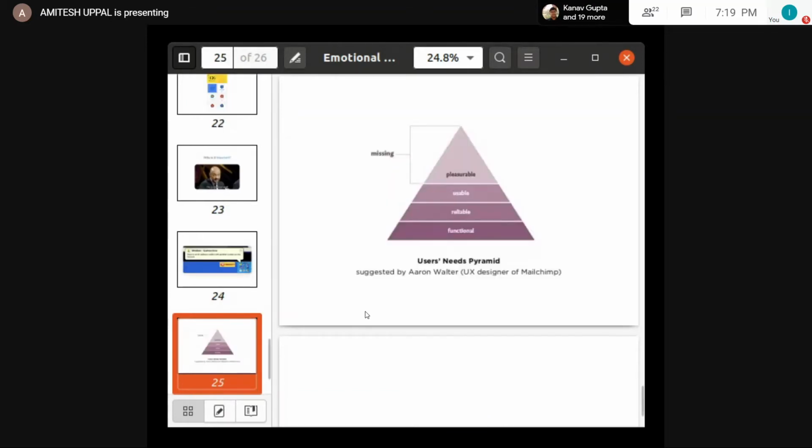Next slide. According to Aaron Walter's user needs pyramid, pleasure is at the apex of the pyramid, which constitutes the ultimate need of us humans. Emotional design is the crux of changing user behavior. It is critical that designers understand how emotional design envelops the entire experience, from first discovering the product to using it, and finally to thinking about the product after it has been used. It is not enough to cultivate an experience with just love at first sight. That love must be perpetual, enduring, and shareable.